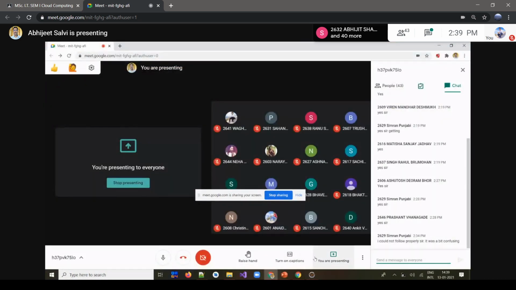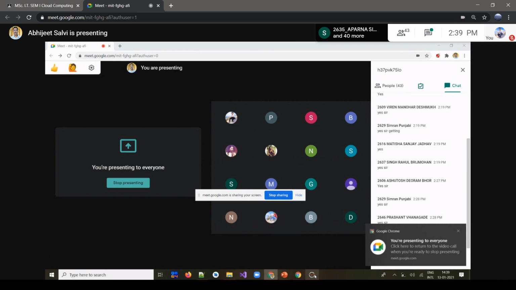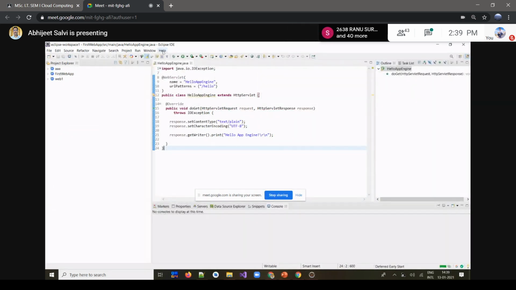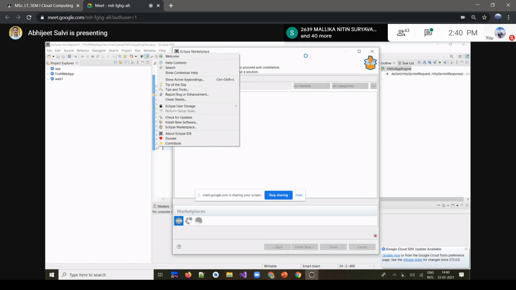The second step is we have to go to the Help workplace and find the Google tools. By going through this option, it's already there.